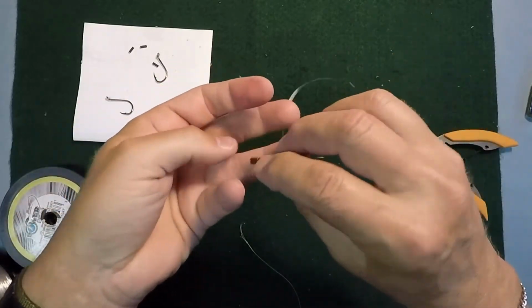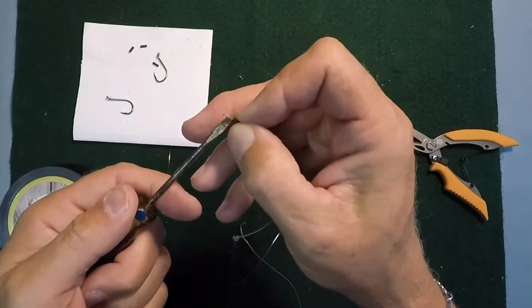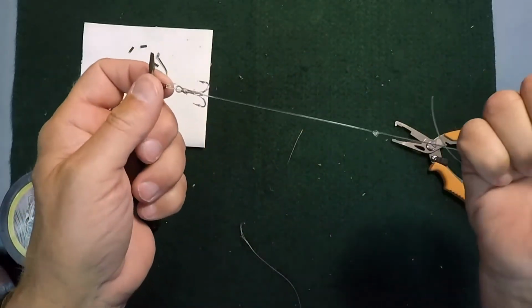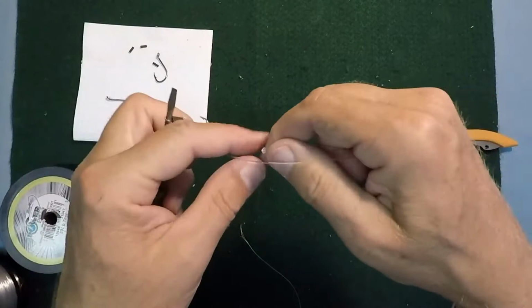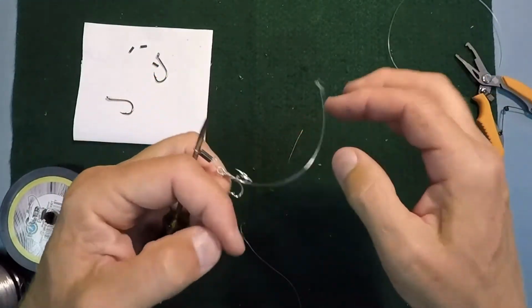If you really want to pull it tight, what you can do is take a little screwdriver or something, put that through the loop, and then really pull on it. Cut off the tag end. Now there's one more step,